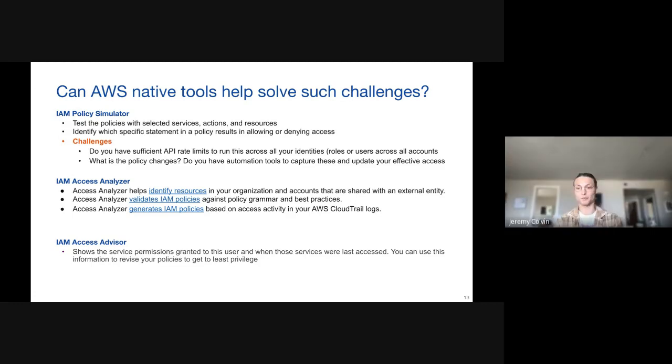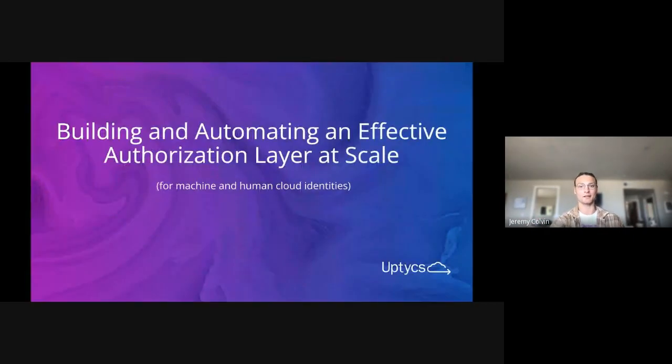Yeah, that's a really good point. I think these tools are maybe useful to answer tangential questions or one-off use cases, but they don't really have that full macro view and also the granular understanding that you might need. And obviously, that's a great segue into our final third portion of the presentation, talking about building and automating effective solutions at scale.